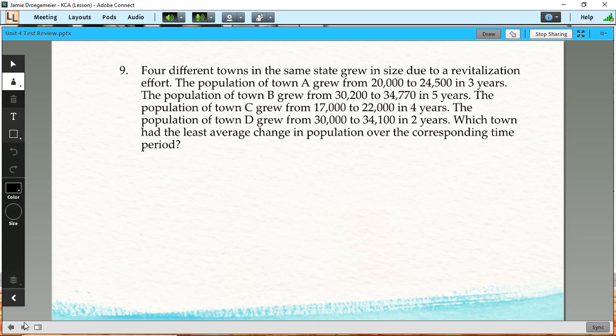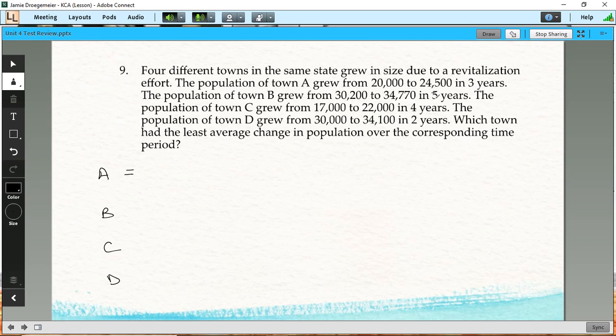All right, this one, again, we're doing some rates of change here. It says we have 4 different towns in the same state. They grew in size. And then they give us population of town A, how it changed, B, C, and D. We want to know which town had the least average change in population over the time period that they gave us. So we're going to calculate the rate of change for each of these. So we got A, B, C, and D, and then we want to see which one has the lowest average